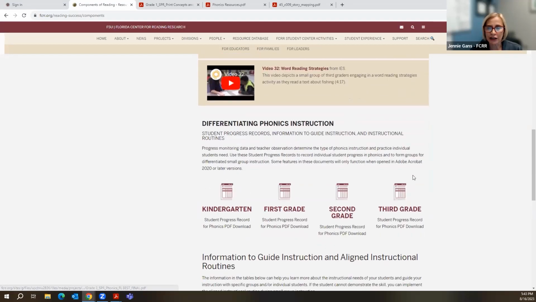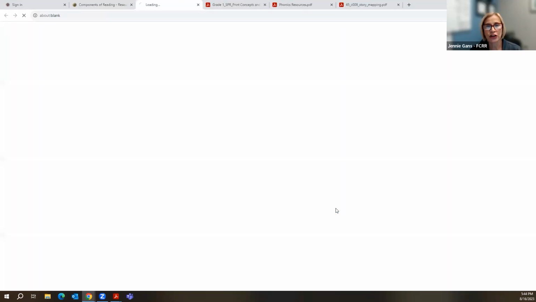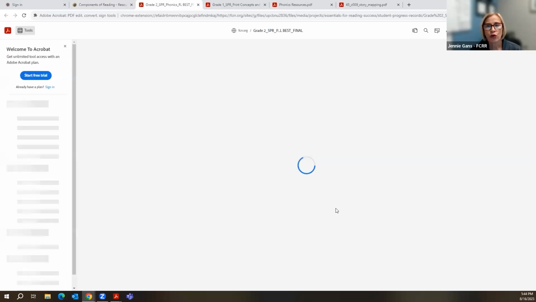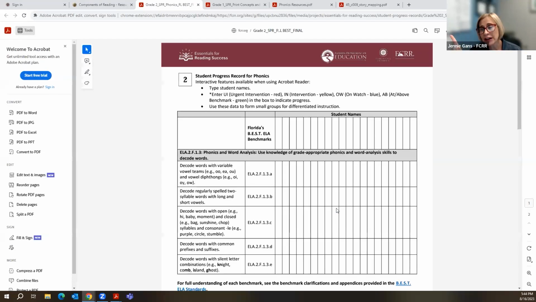And right here is another hot topic. You will see these are progress records. And I have them for kindergarten, 1st, 2nd, and 3rd grade. Like I said, 4th and 5th are forthcoming. I will show you this, but I also have one already downloaded on my desktop. When you download, the caveat is if you're going to download it and fill it, it needs to be in Adobe.